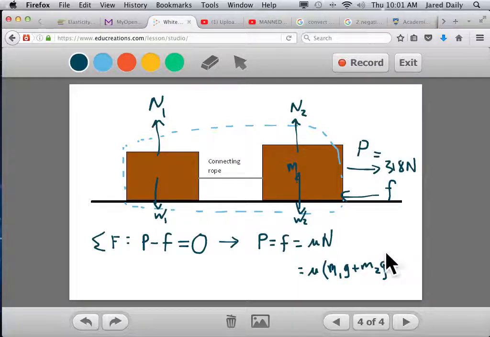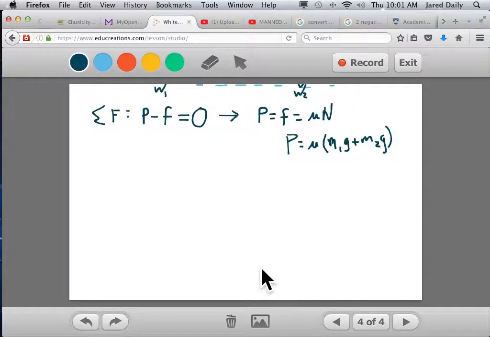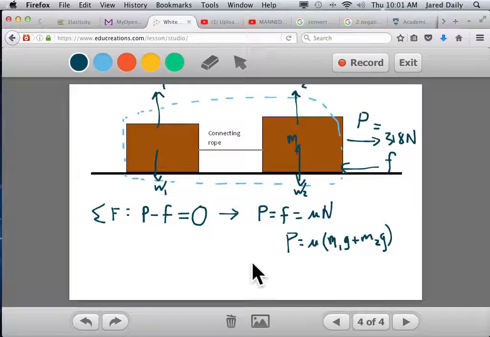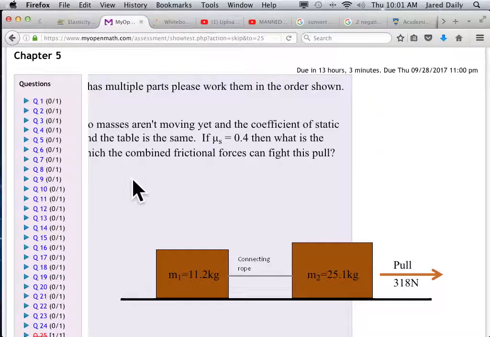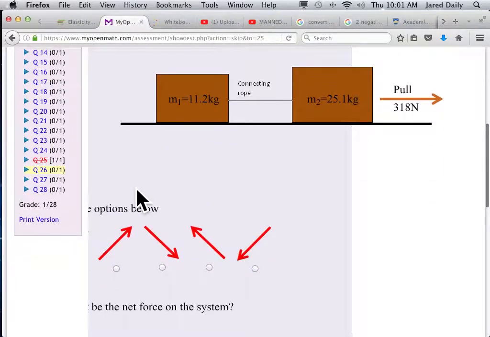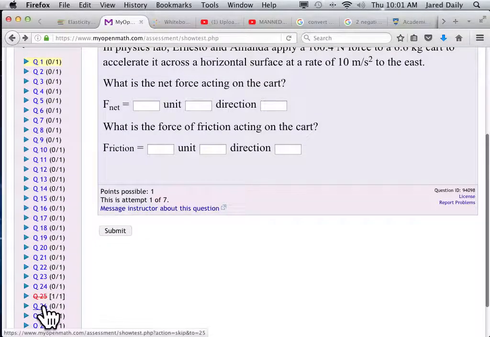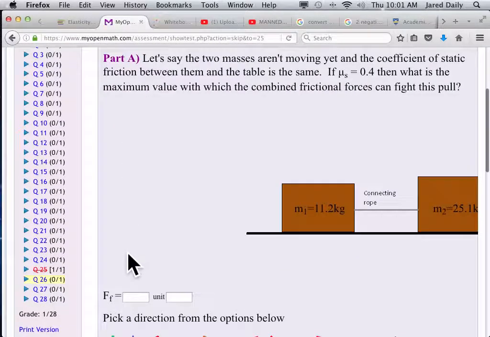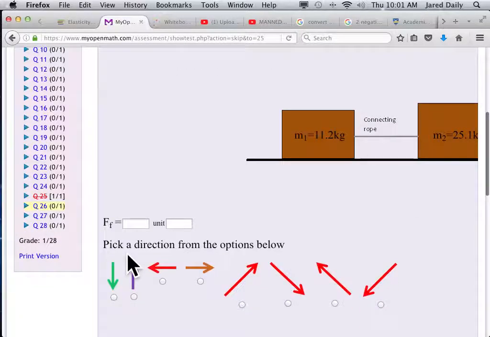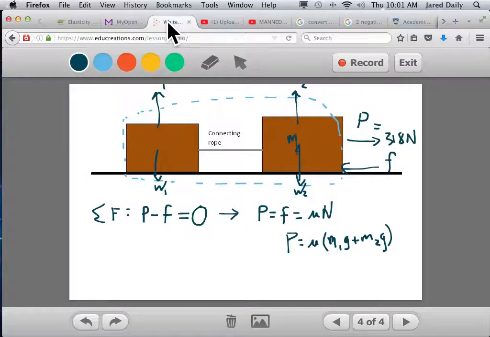Okay? And that equals the pull from over here, right? Well, the pull is equal to 318 newtons. What are we trying to calculate? Let's go back and remember what we're trying to calculate. So the first thing we're trying to calculate is force of friction. So what have we got so far? Friction equals mu times